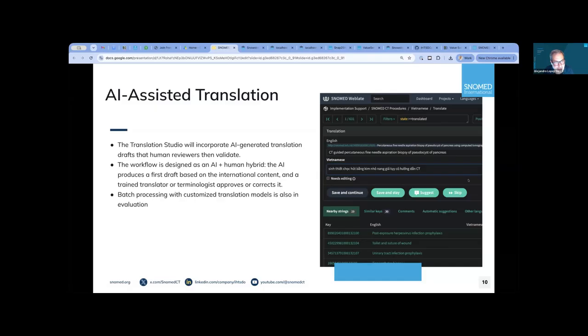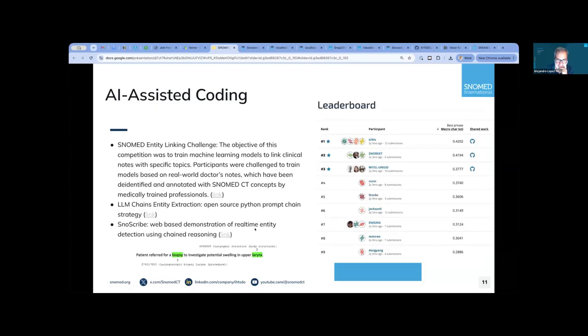So the option is to use a general LLM, a large language model, to translate, which can provide more context and understanding, or a more basic translation model that is more specialized in medicine and trained on more real-world samples of translations from publications and things like that. So there are two paths, and for some languages maybe one of those strategies is better, and for other languages maybe the other strategy is better. We think that these new tools will bring a lot of possibilities to improve the translation cycles.